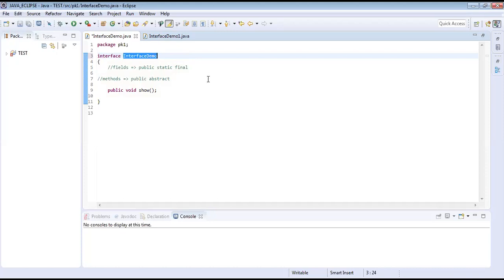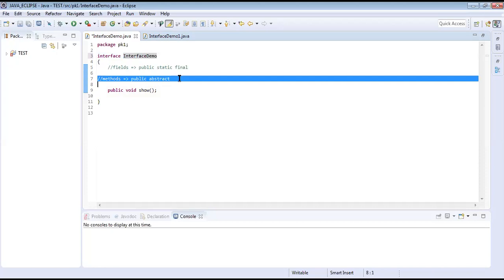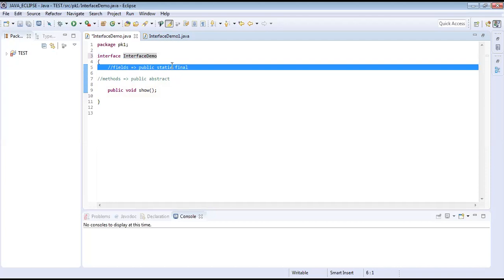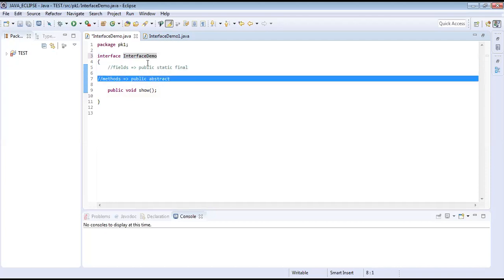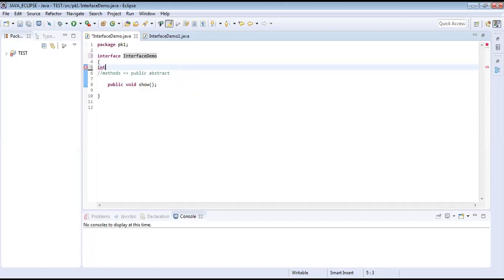Now within the curly braces, I can have two definitions. One is I can declare fields, or I can have methods inside interfaces. Fields here means variables. Now what kind of variables does an interface support? In general, an interface supports constant variables. That means if I write int a is equal to 10, it by default considers this variable as a constant